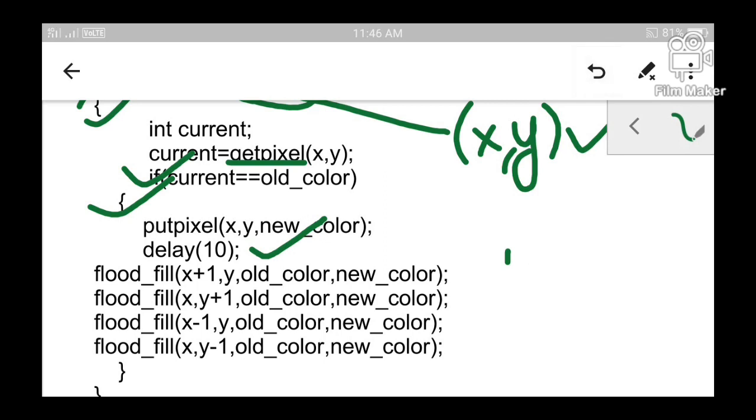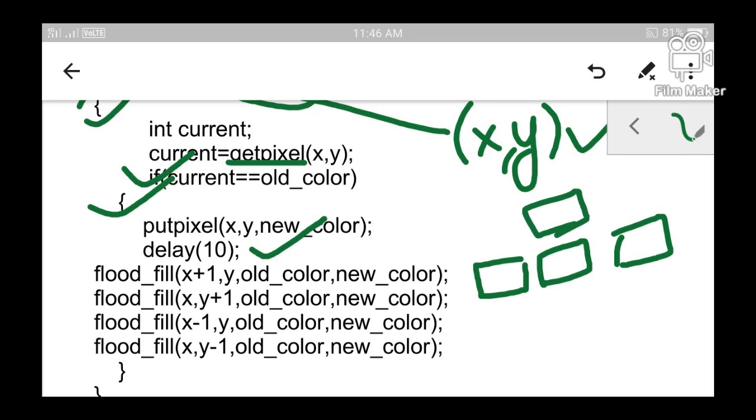If this is the current pixel (X, Y), then the pixel just to its left will be labeled as (X minus 1, Y). The pixel to the right of the current pixel will be labeled as (X plus 1, Y).